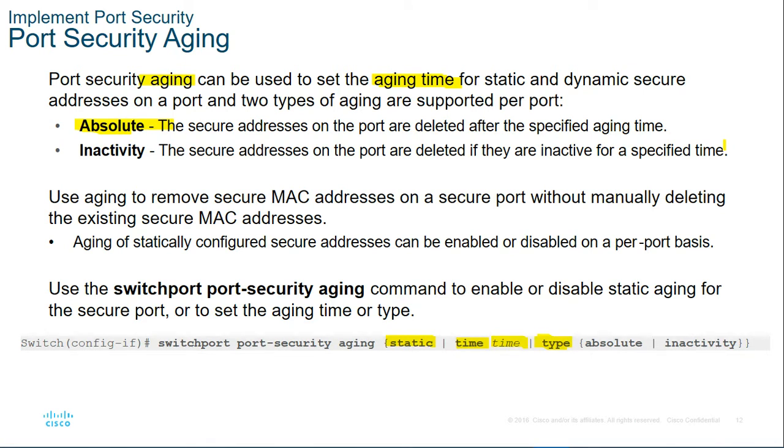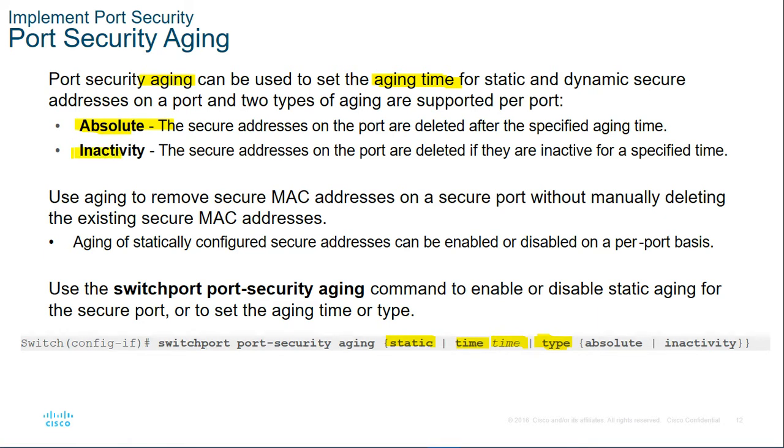You know that you can set from 1 to 1440. That is the time period available. So, for example, if you want to allow for 2 hours, 2 hours means 120 minutes. Like that, you can set a time period for how long you want to allow that MAC address to access that interface F01. It will allow that end device to access the interface only for that particular period of time. The next method is inactivity.